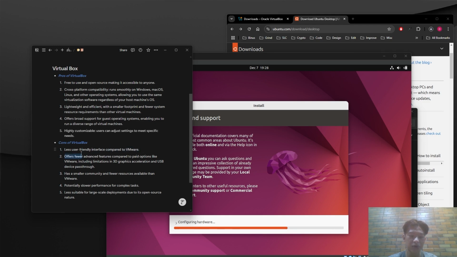So even though it is more lightweight, we have some trade-offs here because it is less user-friendly. And also, it offers fewer advanced features compared to the paid versions of VMware. And also, it has a smaller community and fewer resources online compared to VMware. So if we encounter a problem, maybe solutions are not as common as for VMware on the internet because the